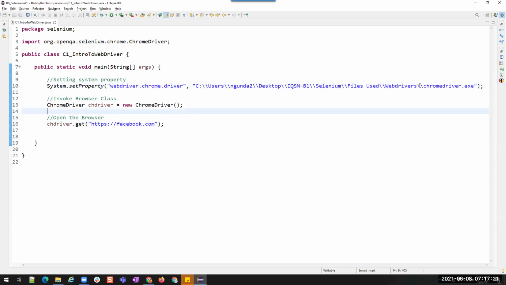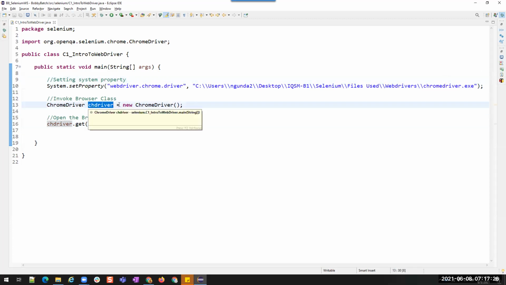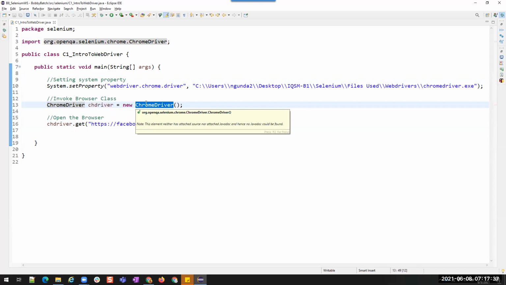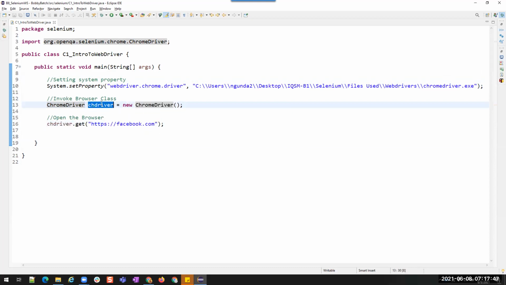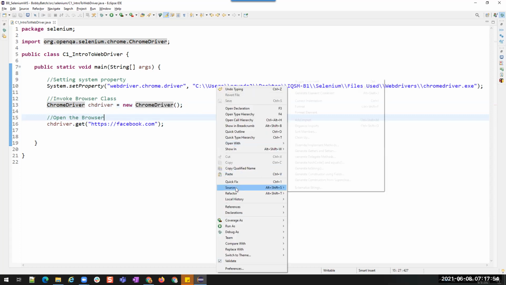So using this ChromeDriver object, I can perform any operations that I want to do on the browser, because whatever methods are present under the ChromeDriver class, I will be able to use on this object because it is of type ChromeDriver. Okay. Now let us run this. Right click.